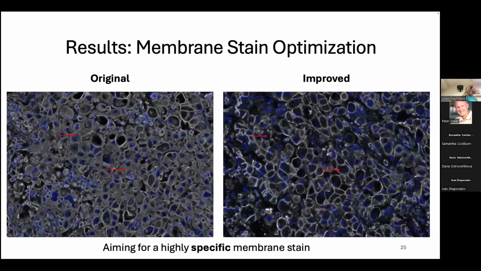And what was I asked to do to optimize this? Well, the original stain seen over here on the left has a lot of background, as seen in the red, which made it a little bit difficult to figure out where the cell membrane is. It's not that high contrast. I was asked to remove the background, which I did, as seen over there on the right. There's a lot less background, as you can see in the red there, and there's higher contrast of the cell membrane.